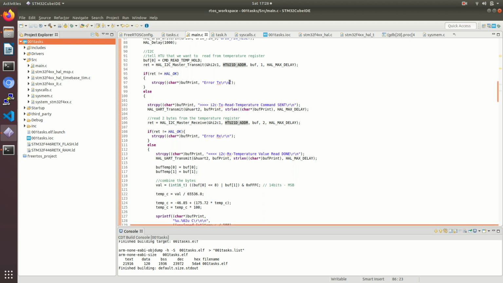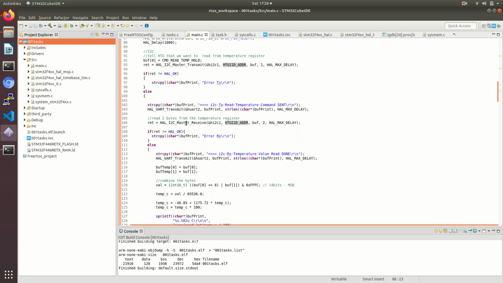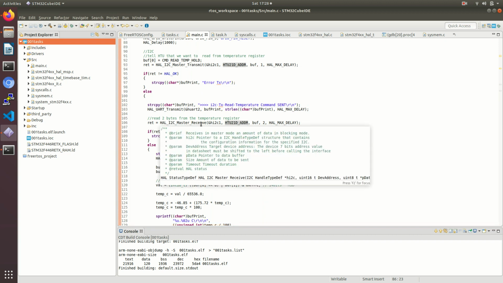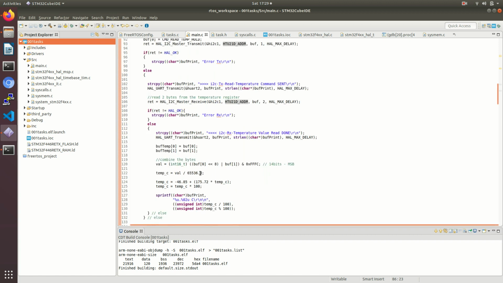We have a measurement command which is 1 byte, E3. This is issued in the write I2C command. And for the I2C read, we have a temperature value of 2 bytes. The received 2 bytes of data are put into the formula here, as per the data sheet, and the temperature is printed.